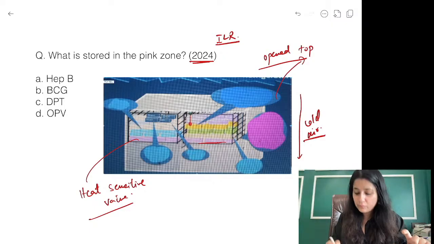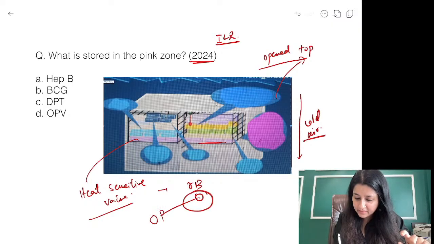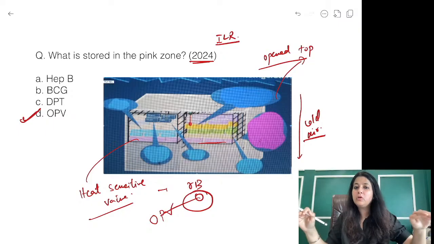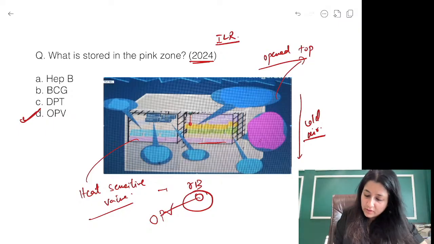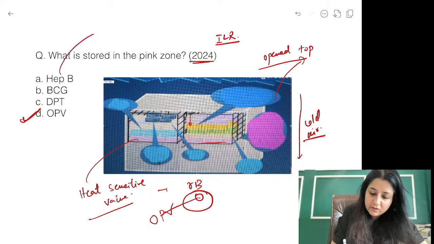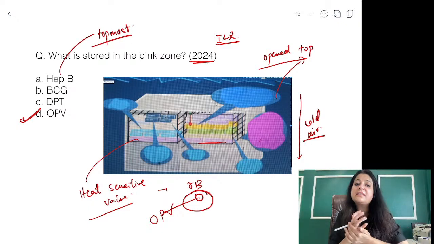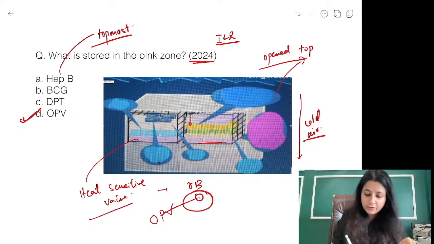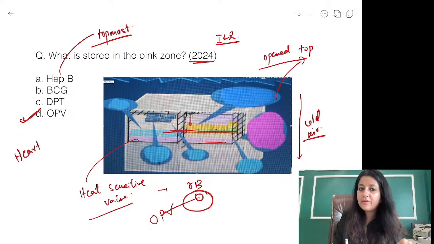So what is the one next in line, guys? After R-bomb, what is the next in line? It is OPV. So what is at the bottommost of an ILR? It is OPV. What is at the topmost? At the topmost of the ILR में फ्रीज सेंसिटिव वैक्सीन्स है, तो वो कौन से हैं? हेपेटाइटिस बी. और बीच में हार्ट ऑफ ILR, please remember this question can come right in the middle, all right,